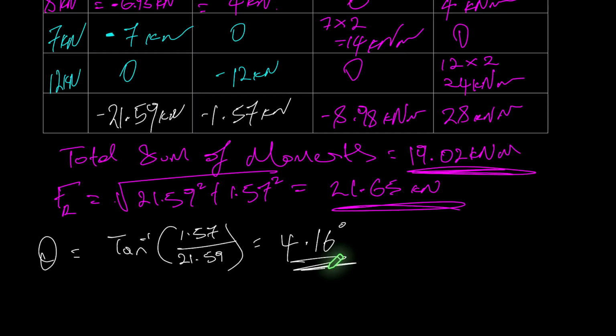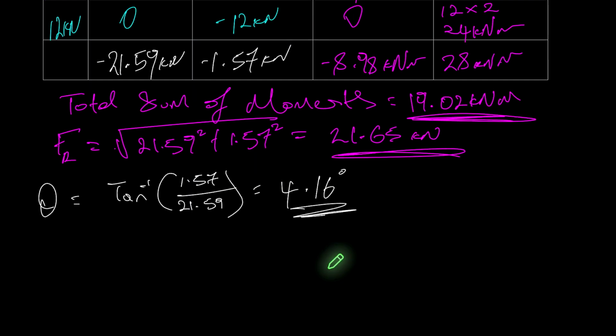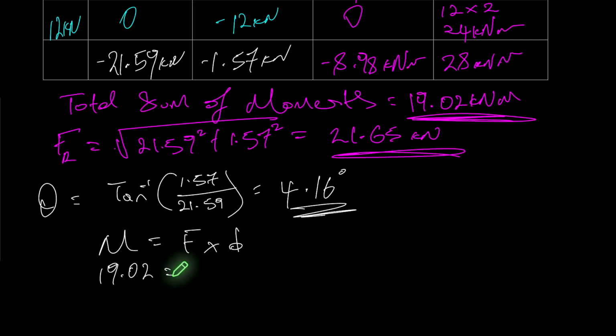Now what we will need finally is to work out its distance from the pivot point, because this won't be acting through the pivot point, which is the reference point P, because if it was, then it wouldn't really have any impact. So what we do next is to work out the perpendicular distance. Now because moment is equal to force multiplied by perpendicular distance, and what we already have is the moment, which was 19.02, so that's representing the sum of the moments,